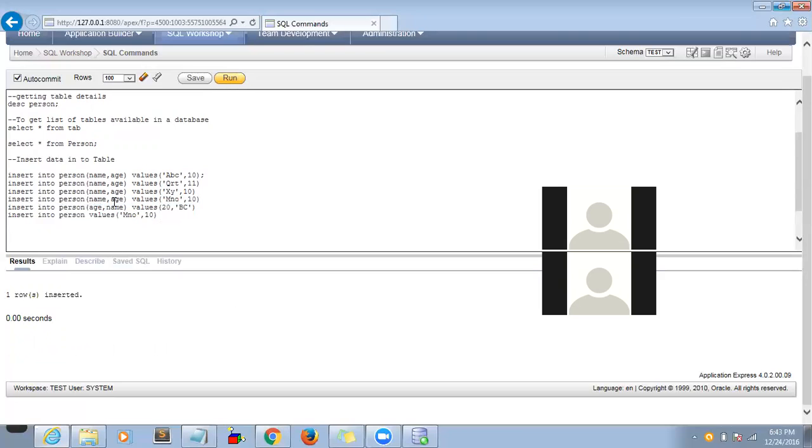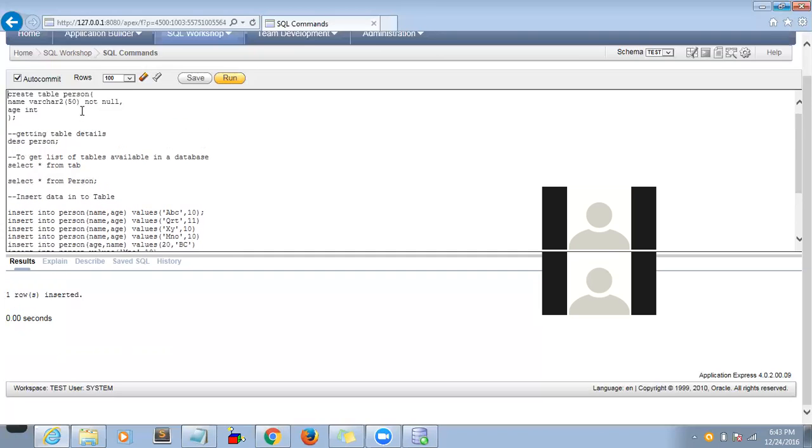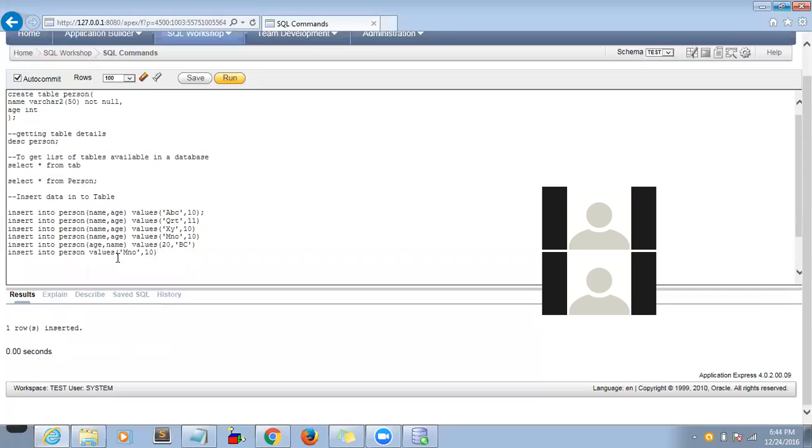So this is the second way to insert the data, and the third way is, if you don't want to mention any column names, then you have to give the values in the same order as the schema. So the table is created with the first column as name and the second column as age, correct? So you have to follow the same order when we are providing the values. So now just insert directly and run it. So it is inserted. See, MNO 10. Let me add another 100, and